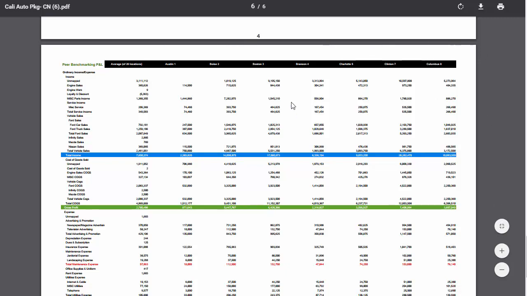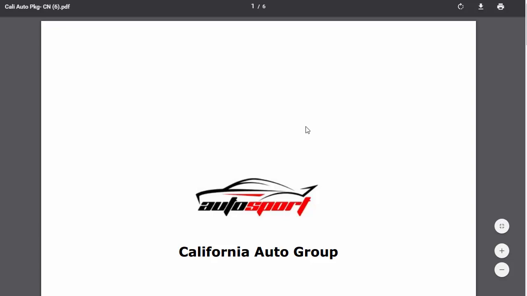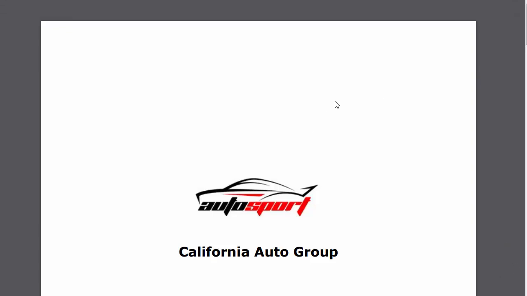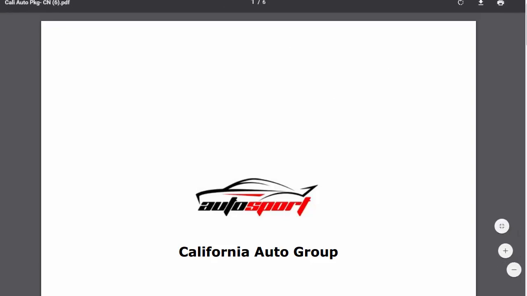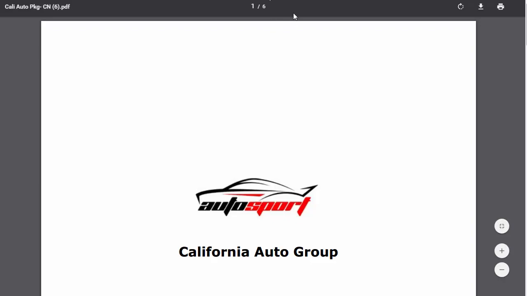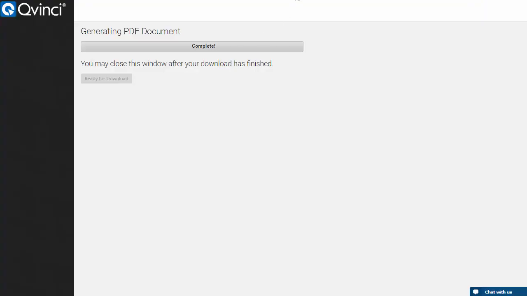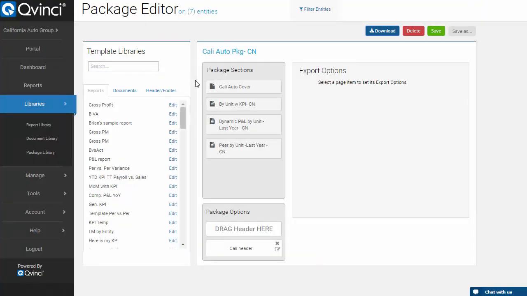Very simple to use, very easy to use. Build it once, run it many, many times, and it runs across 1 to 10 units, 50 units, 100 units, whatever you want to do. But you get the ability of standardization, scalability, and reusability without doing something many, many, many times for every one of your clients. And that's the package library. It's an intelligent delivery mechanism.